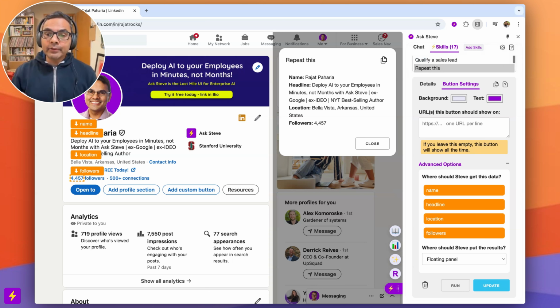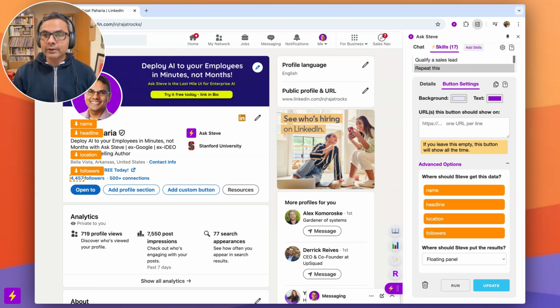So that's how, if you have multiple pieces of data, multiple page variables, that you want to grab and send to the large language model or to an API, you configure them and save them on any skill. So: single page variable, multiple page variables. The multiple page variable approach works best when it's assigned to a button, and that button is limited to a